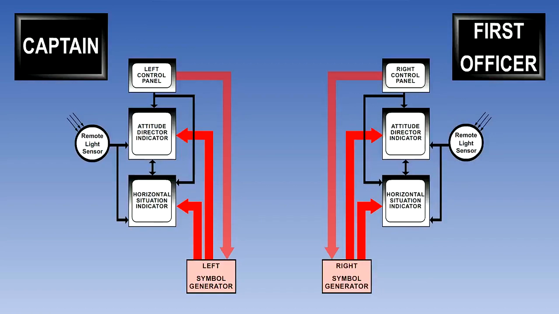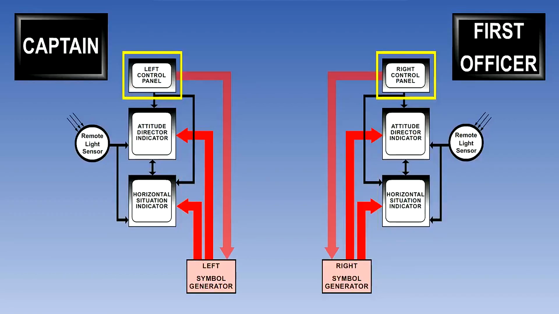A complete EFIS installation is made up of two individual systems, one for the captain and one for the first officer. In the diagrammatic layout here, we can see that each system contains an EADI, which is the preferred Boeing term. Airbus call it a Primary Flight Display, or PFD. There is also an EHSI as Boeing call it; Airbus call it a Navigation Display, or ND. However, you should be prepared to see EADI and PFD used interchangeably and the same with EHSI and ND. Also, other manufacturers may use either term.